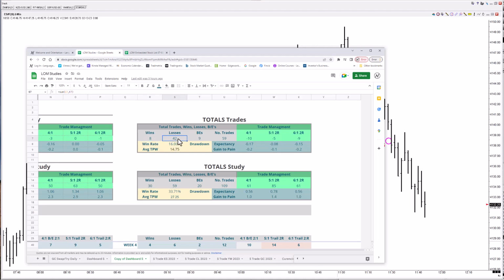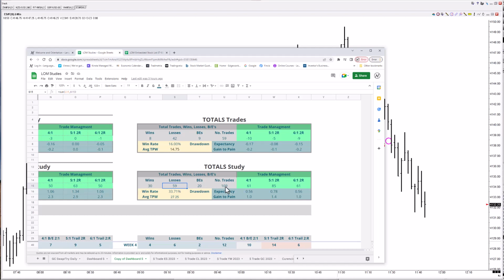Now notice, only 42 losses, while this one has almost 60 losses. 42 losses, you start to think, yeah, look at all those losses I managed to avoid. See, that's what we're doing. We don't realize trading is not about winning every time. We spend so much time trying to avoid. And look, I managed to avoid a lot of trades, right? I managed to avoid at least 20 losses, better than the system. I also managed to avoid a bunch of wins. I managed to avoid a bunch of break-evens.